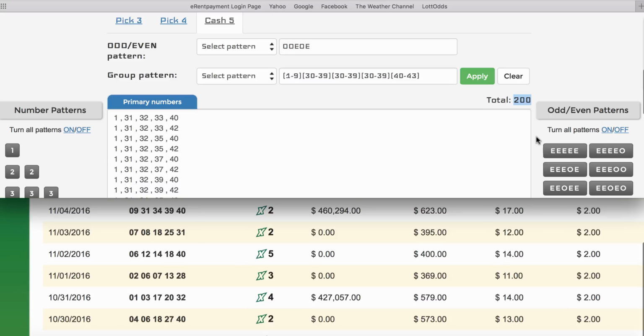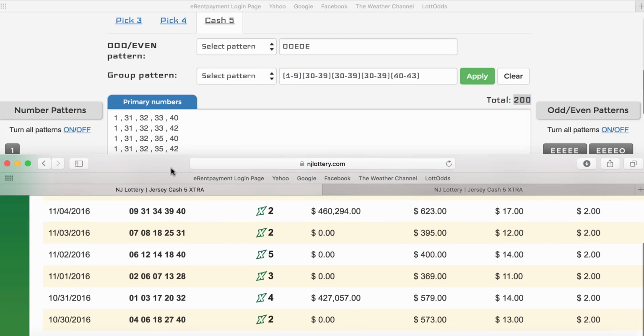200 numbers from almost a million numbers. And is the winner going to be there? I guarantee you the winner is going to be there. Let's look for the winner. The winner is